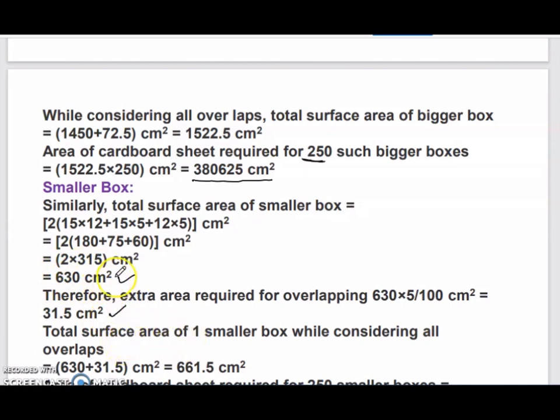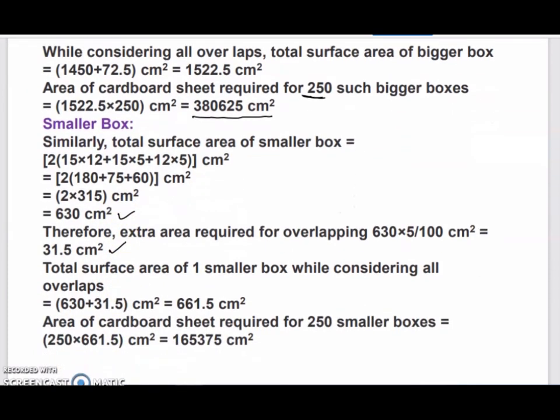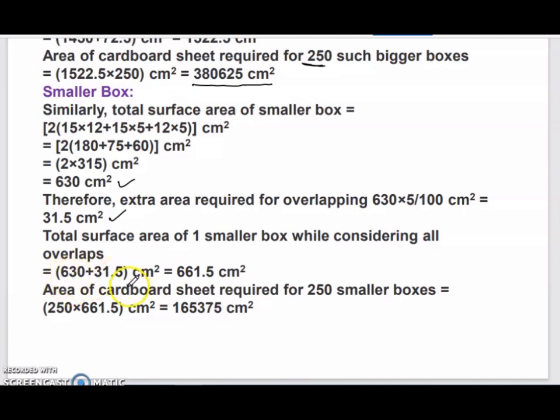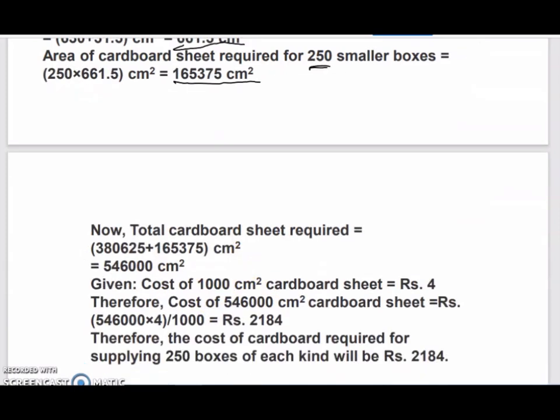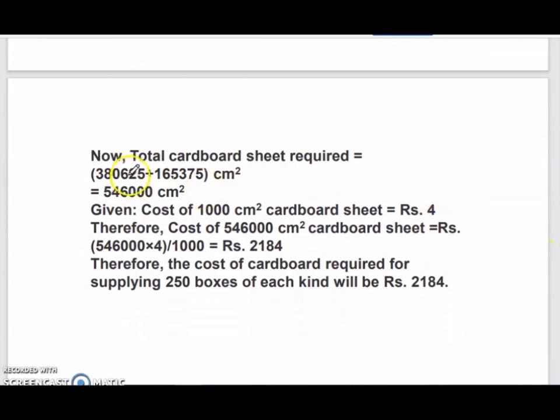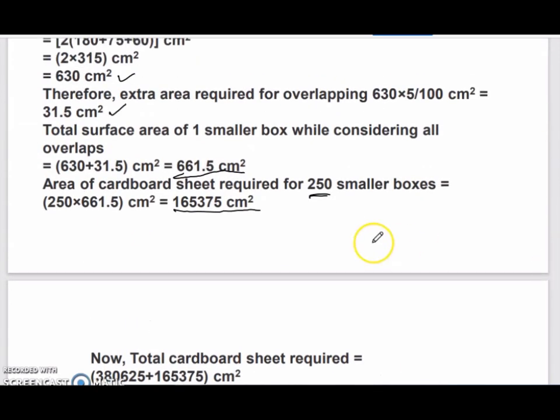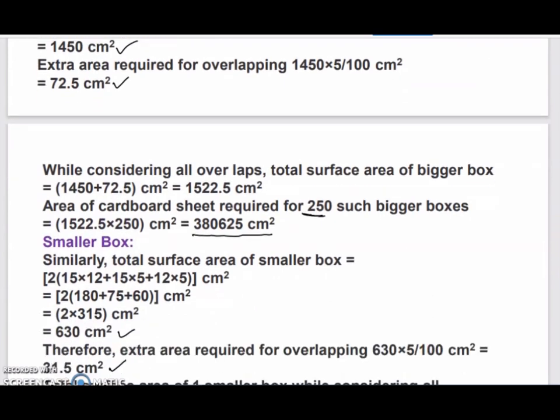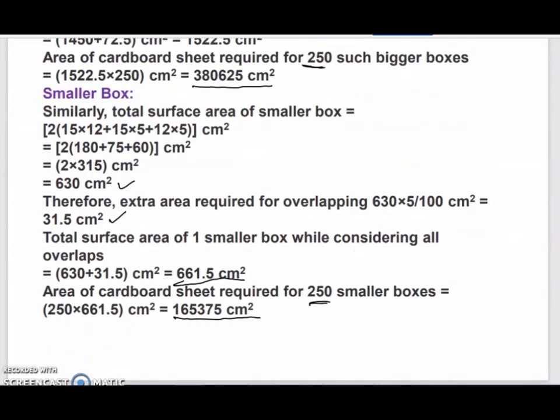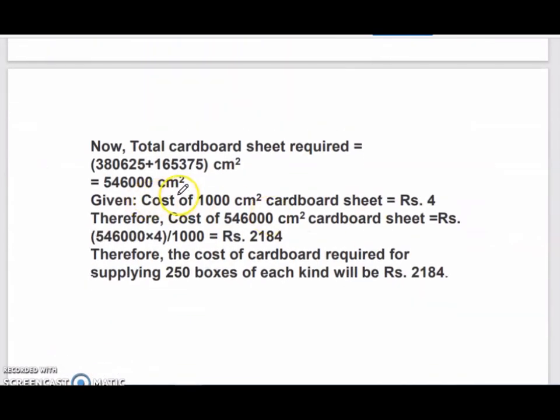So for one small box, if you include both of these, what will be the area required? For that, you will be adding both, 630 plus 31.5. So this much is required for one small box. For 250 such boxes, 250 into 661.5. So this much. Then totally for the big and small together, these two numbers that you have obtained here and previously over here will be added. So you will get this number,